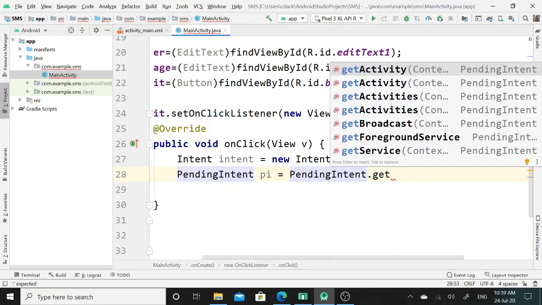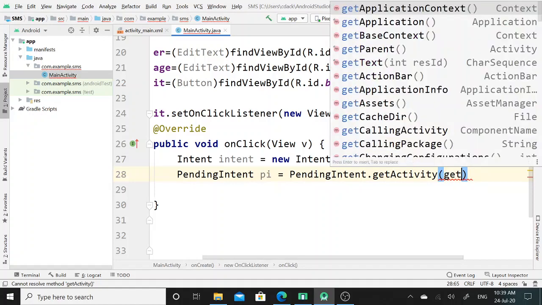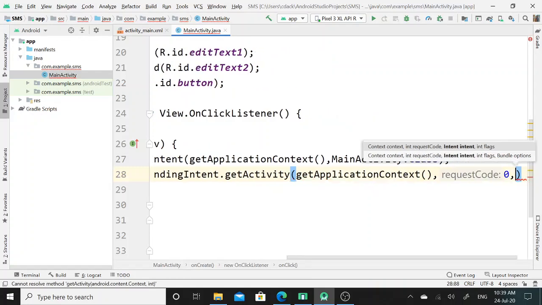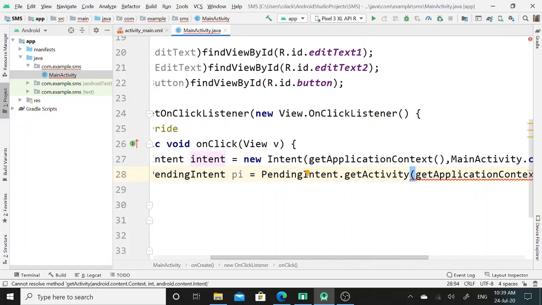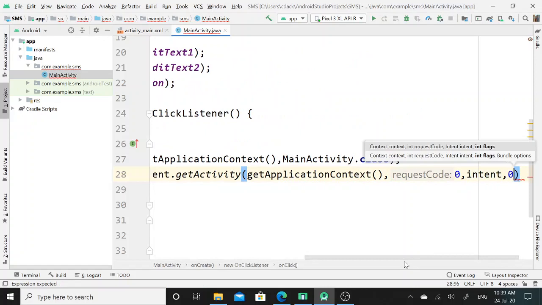Since it is a static method, I will call it with the help of the PendingIntent class name. So this is the getActivity method of the PendingIntent class, and in this method I will send four arguments. The first one is getApplicationContext, the second argument is 0, the third argument is the object of the Intent class, that is intent, that I have created over here, and the next argument is again 0.